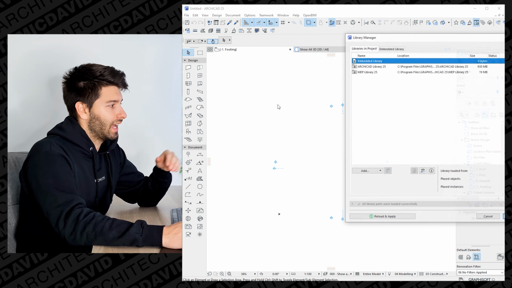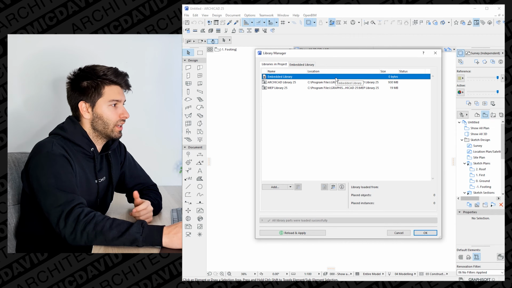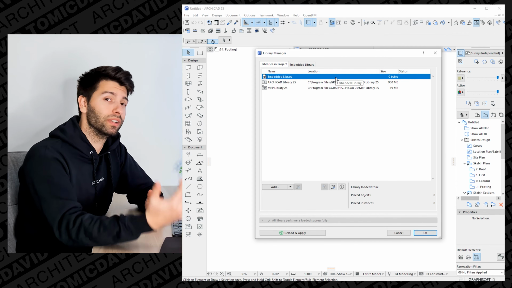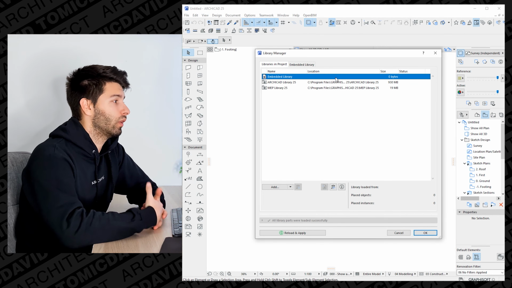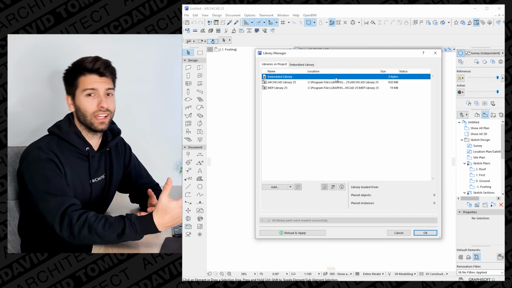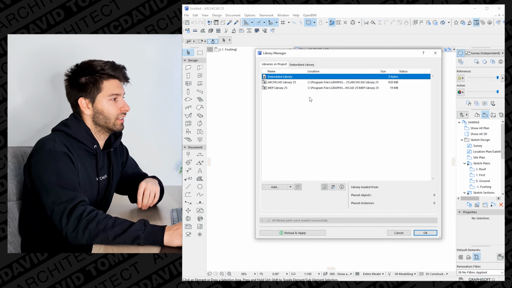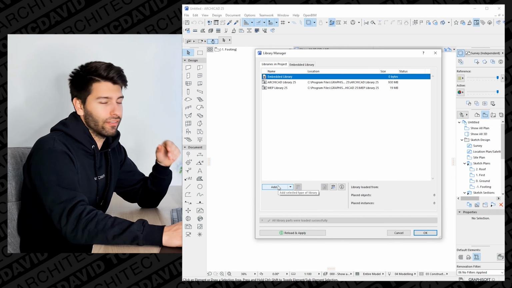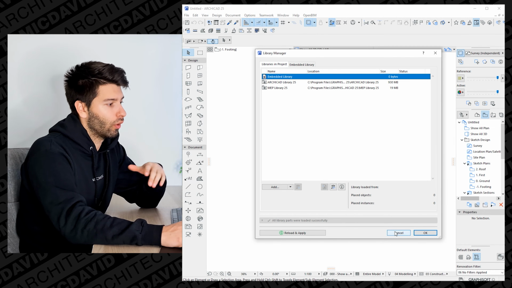Libraries and objects and library manager. This one is probably one of the most critical if you're importing any external libraries, if your company has libraries that they're importing into the project, if you're starting work for a brand new company and have never used ArchiCAD before, this is definitely something you're going to need to know. It's very critical. All you have to do is go find that folder with the libraries, import it, and ArchiCAD